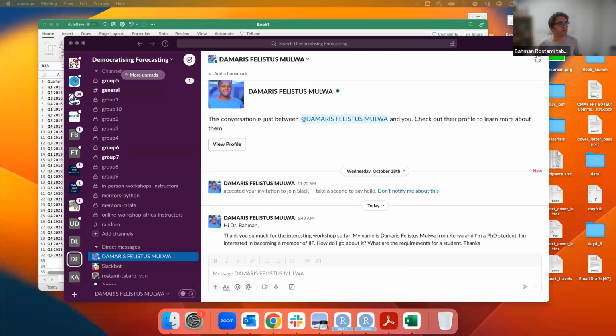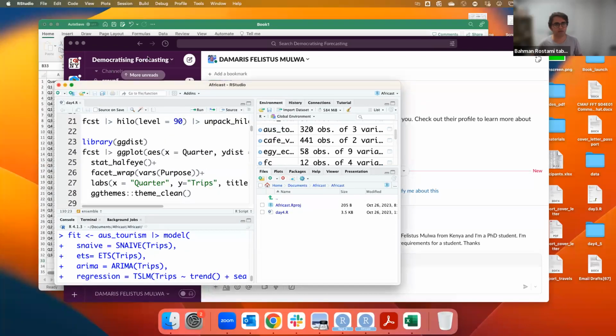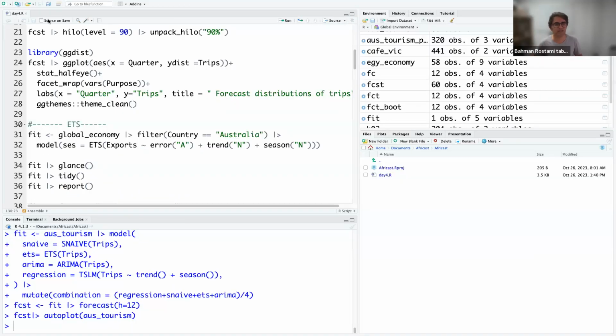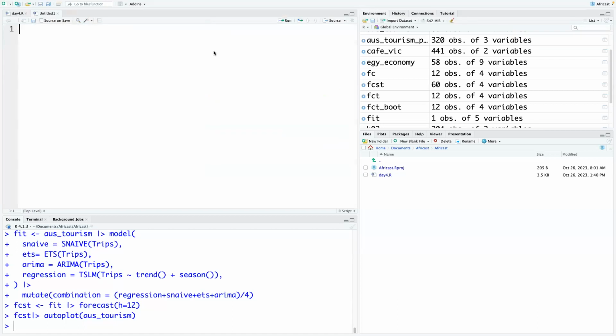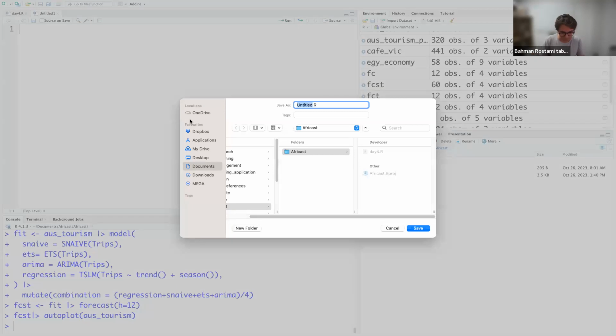Okay, let me open my RStudio. Please let me know if you can see my RStudio. Yes, we can. Yeah, we can see. Okay, so let me